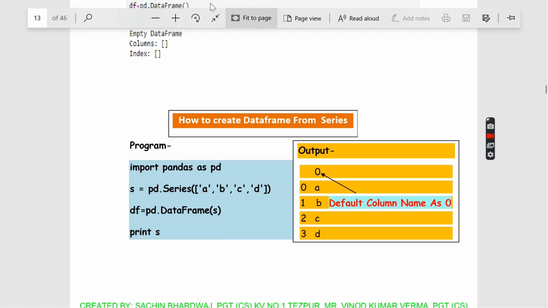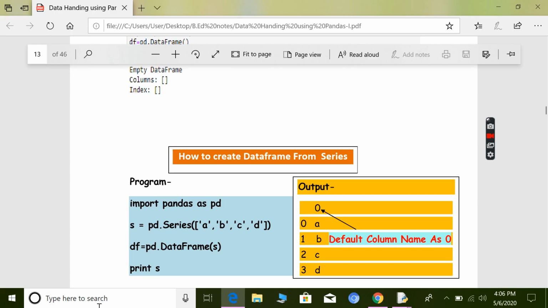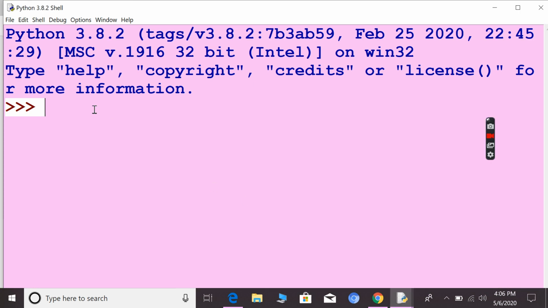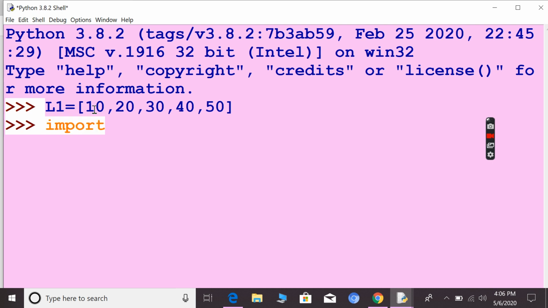Go to the IDE, and here I'm going to make L1 a list: 10, 20, 30, 40, 50 is a list. Now I'm going to import pandas. I didn't import it, right? Import pandas as pd.